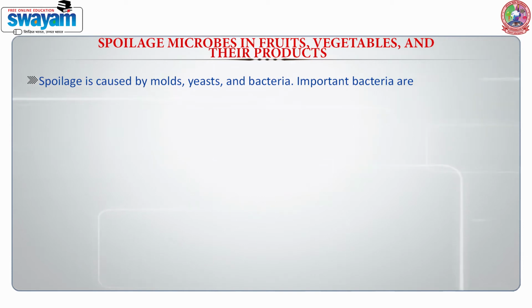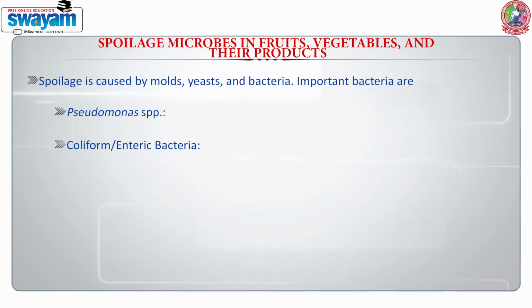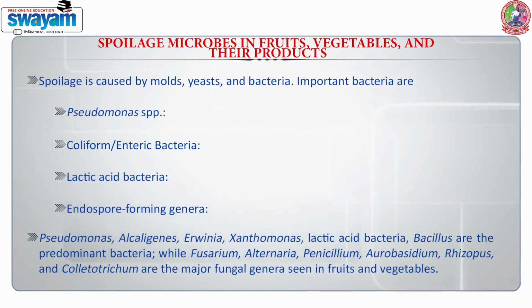The important bacteria are Pseudomonas species, some of the coliforms like enteric bacteria, lactic acid bacteria, and spore forming bacteria such as Pseudomonas, Alcaligenes, Erwinia, Xanthomonas. Lactic acid bacteria are also responsible for the spoilage of fruits, vegetables and